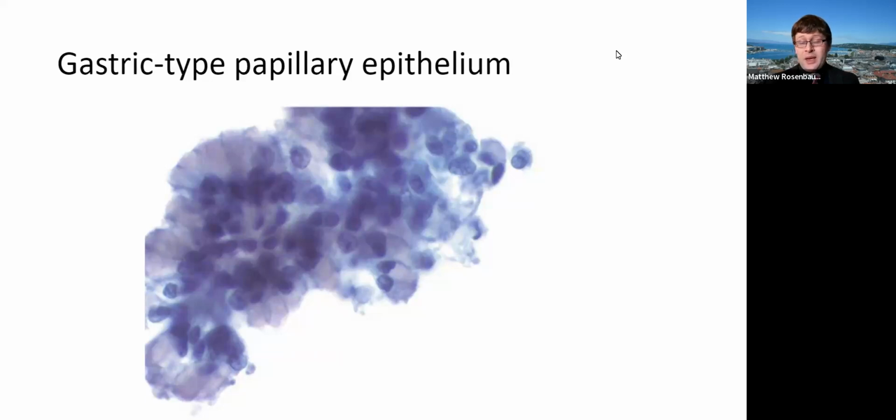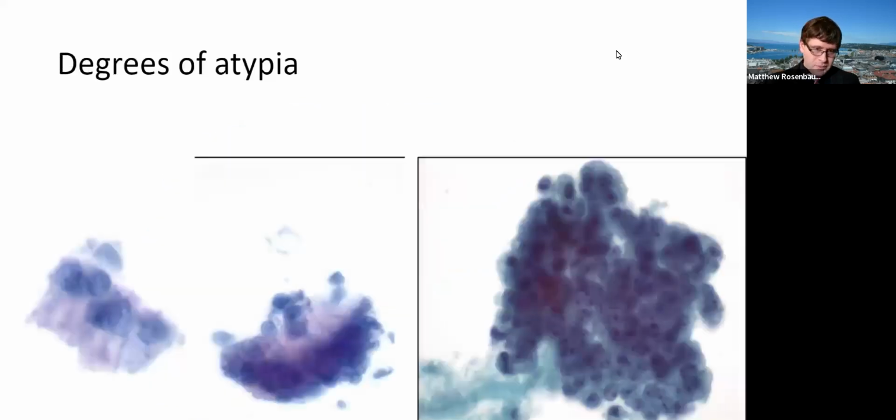Like I said, gastric type can have degrees of atypia. So if you look at the next slide, you can see on the left, you have low grade. In the middle, you have moderate grade, which once again, we call that lower grade. The NC ratio is getting higher, they're getting more hyperchromatic, but you can still see a decent amount of polarization. And then on the right, you have high grade dysplasia. We have much higher NC ratio. The cells themselves, like I said, aren't gigantic. This is high grade. This isn't like overtly malignant. You do see